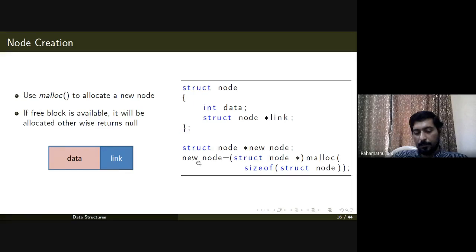So you create a new node by using this command: struct node star new node, then allocate memory. Once this is done, you have this in your memory. Then you can use this part for storing your data and this part for storing your address by using commands like this: new node pointer data and new node pointer link. You have this pointer new node, which is of type struct node star, and you can utilize this pointer for accessing the data member and the link member.